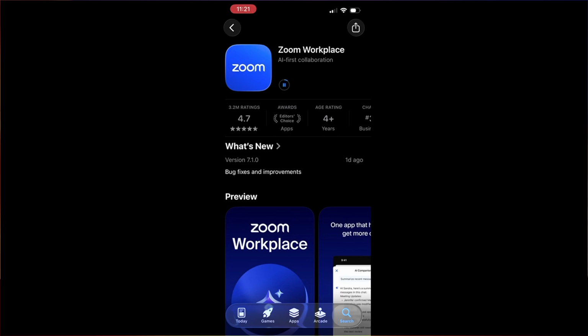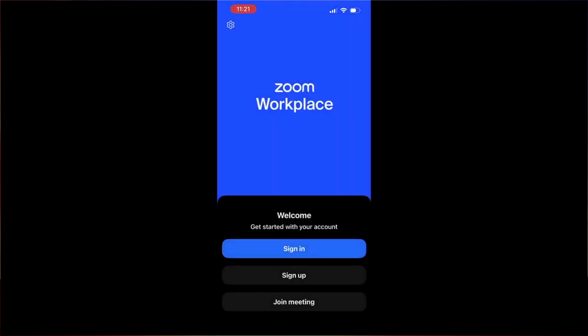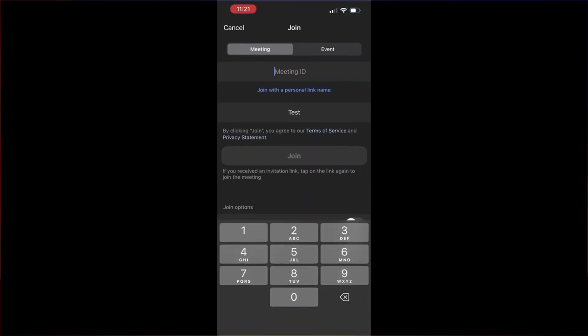You might need to wait a few moments for the update to finish depending on your internet speed. After the update is complete, you can open the Zoom app to see if the issues have been resolved. And there you have it. By turning off the Zoom accessibility feature and updating the app, you should have a smoother experience on your iPhone. Remember, keeping your settings optimized and apps updated not only enhances functionality but also keeps your device secure and efficient.